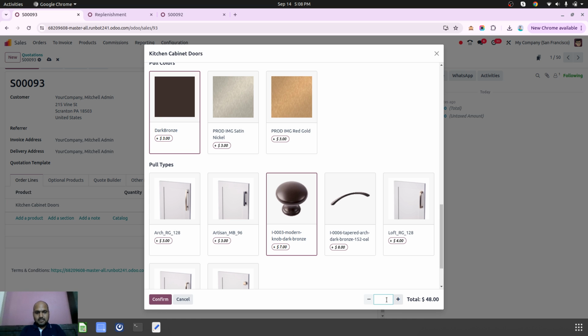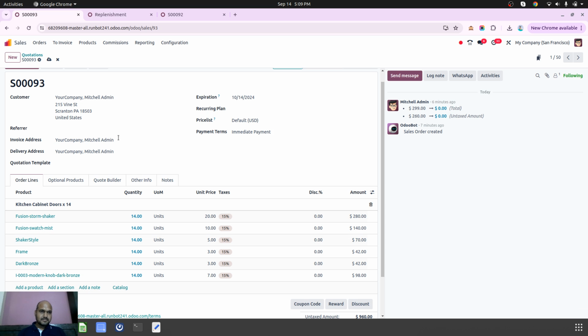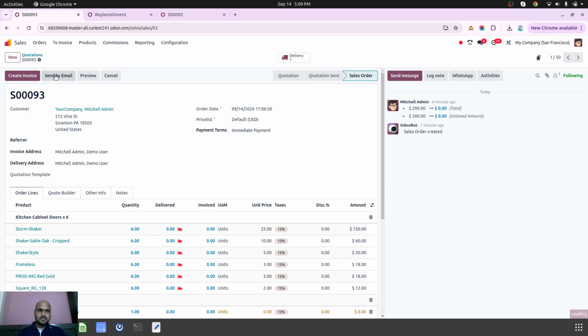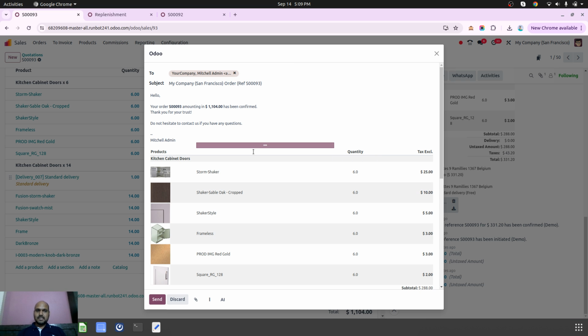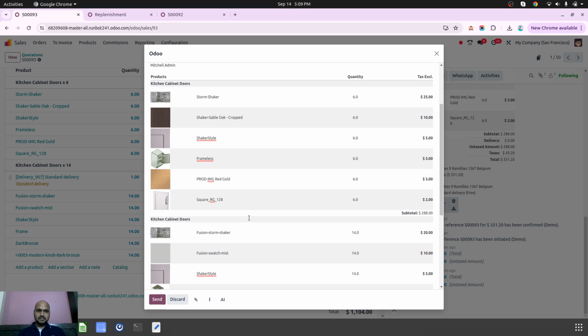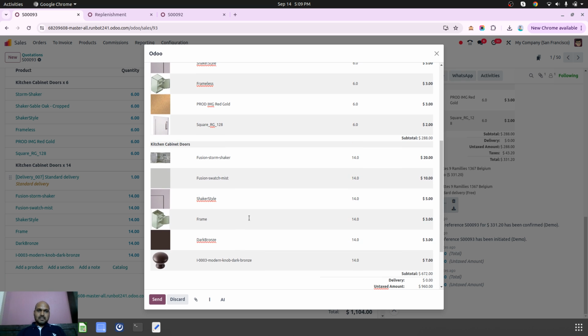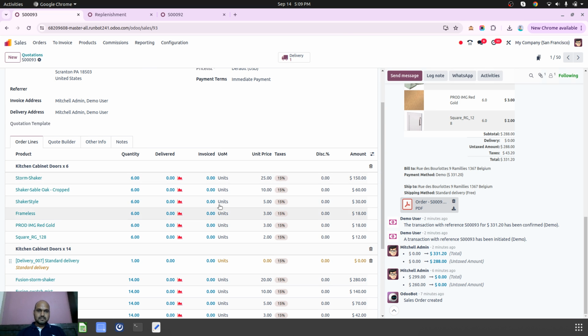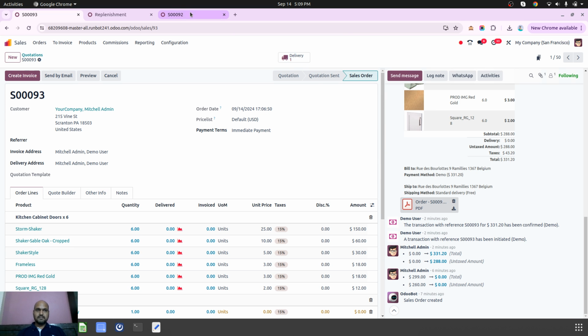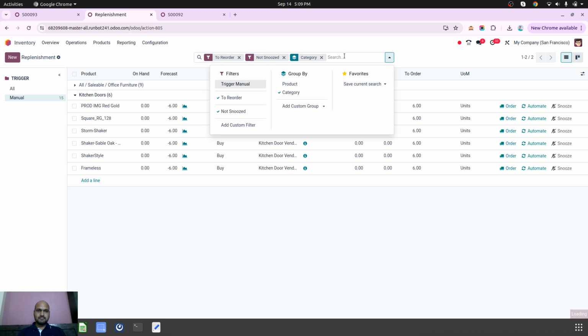I need maybe 14 cabinets, and I confirm. So now everything will be made available with a multiplier of 14 units, and then I can confirm the order. It will generate the delivery for me with the entire order like this. See, this is how easy it is to handle different orders, and then the delivery has been generated in our replenishment screen. When I refresh,